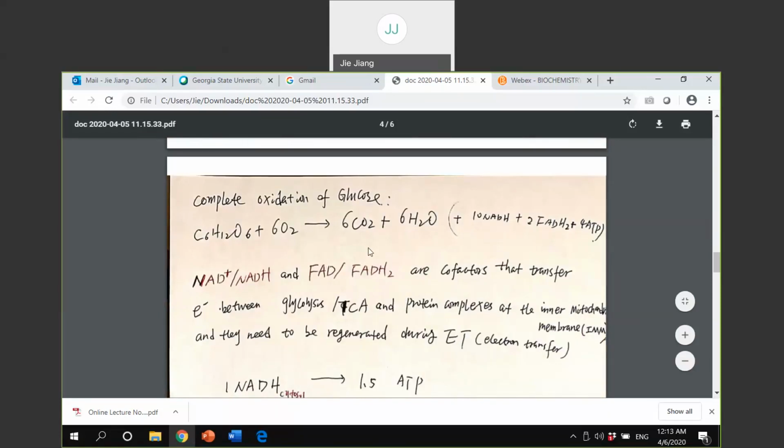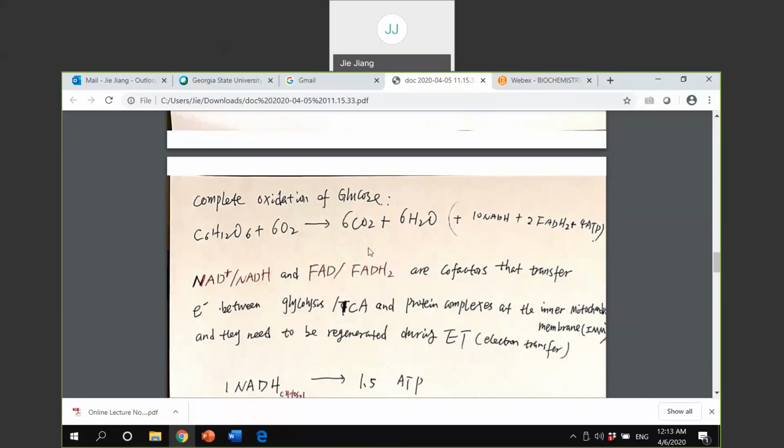So again, a big picture. Let's say the oxidation reaction starts from glucose. Initially you have glycolysis and then pyruvate, further the citric acid cycle and then oxidative phosphorylation. After a series of reactions, eventually the glucose will be oxidized to carbon dioxide and oxygen will be reduced as water. So this process will generate